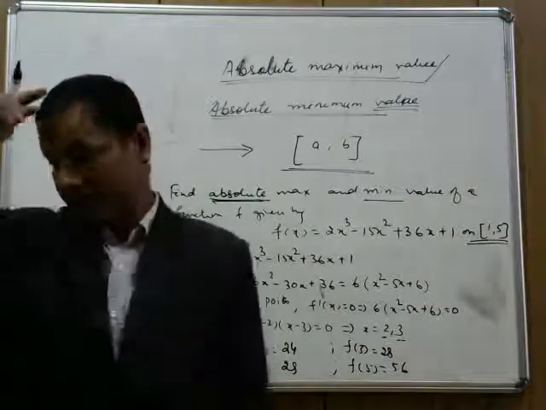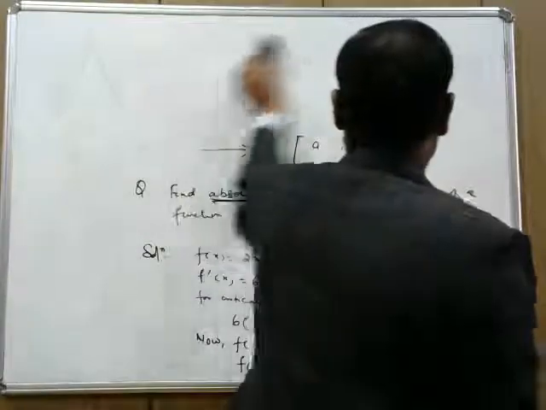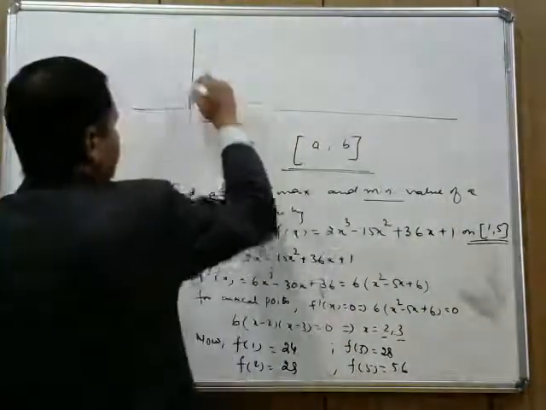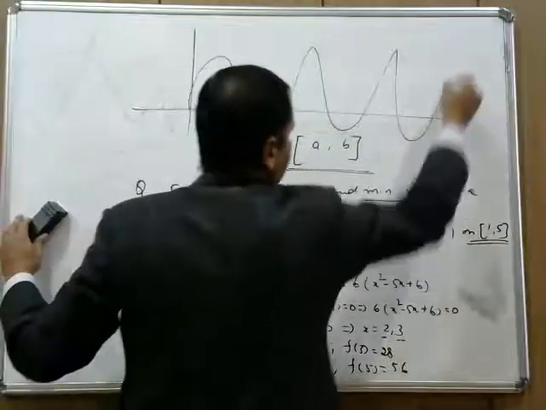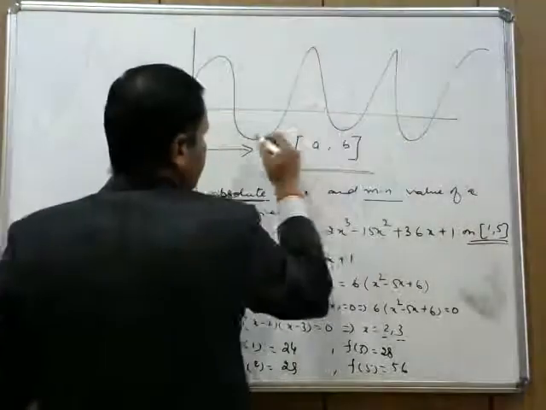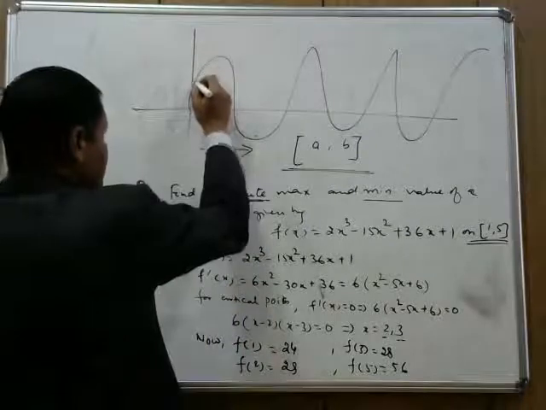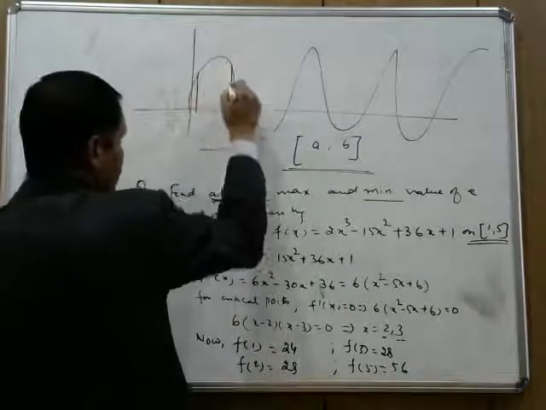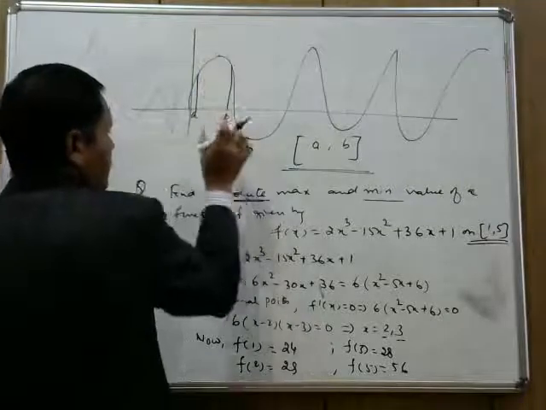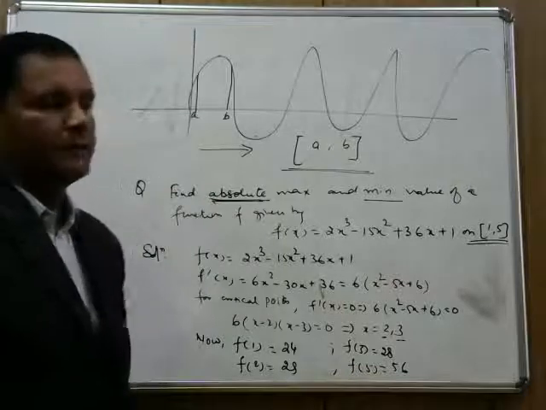Because again, now I will refer to the first graph which I have discussed. Yes, isn't it? Now here maxima, maxima, maxima, minima, minima, minima. But now if I ask, between this point and this point, between A and B, I have to find its maximum value and minimum value, then it becomes the absolute maxima or absolute minima.